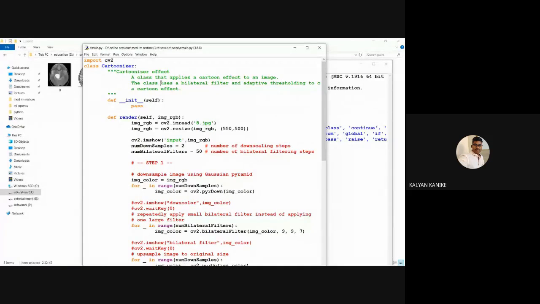It's like some introduction about this cartoonizing. So here what we are doing means, the final output for our input image is the cartoonizing. Okay, so cartoonizing means it's about the filtering process. Here for that cartoonizing process we are using bilateral filter and next adaptive thresholding process to give this cartoon effect. Okay, so how we are going to do that one means, here we can see. So here we are going to create one separate block. So in this name we are giving render.